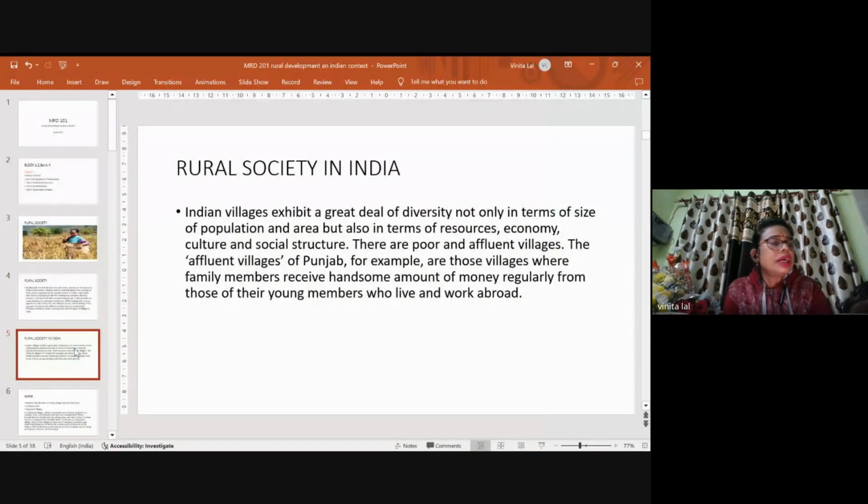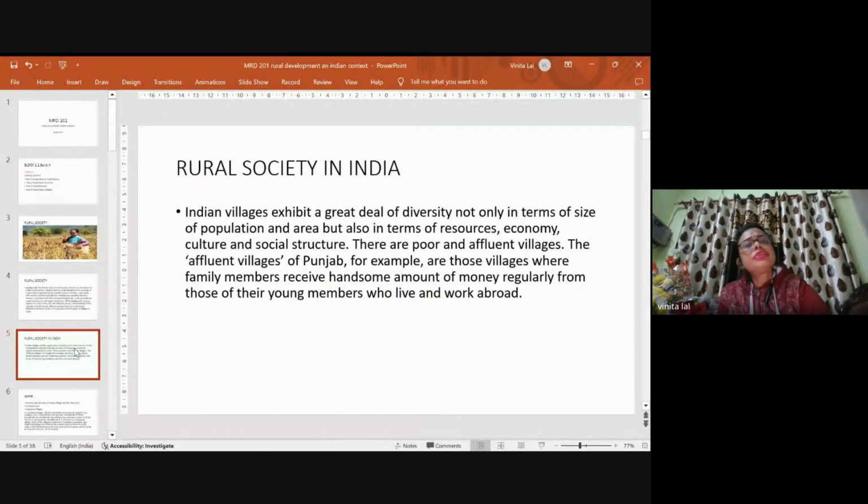So this is all rural society. Now come to rural India. As everyone knows, India lives in a village. It is a society in which there is a low relation of an event that I have told you. In the past, rural societies were typified by adherence to farming. This I have also told you. There are poor and affluent villages. The affluent villages of Punjab are an example, and those villages where family members regularly receive a handsome amount of money